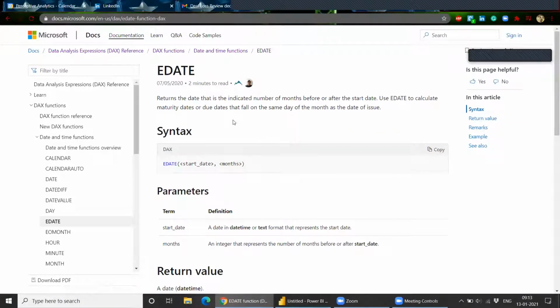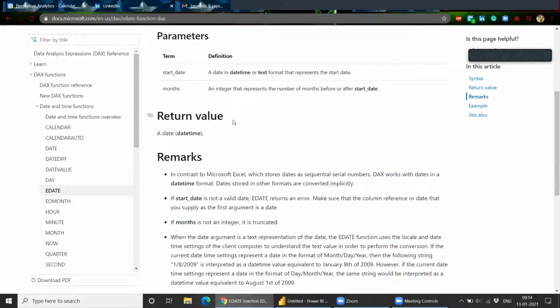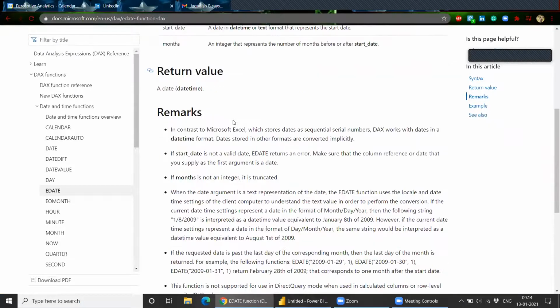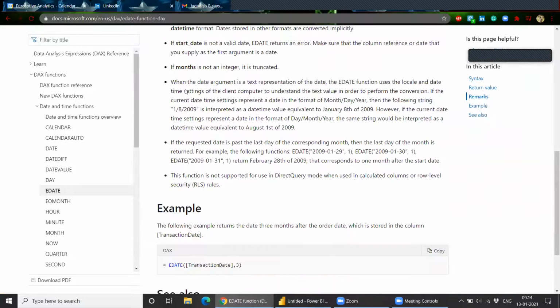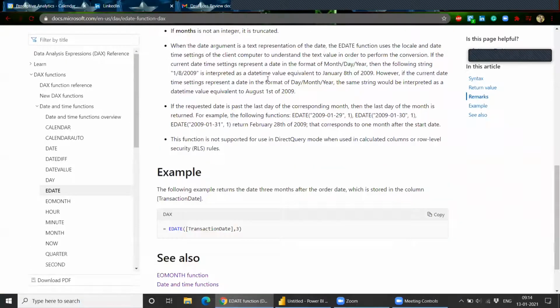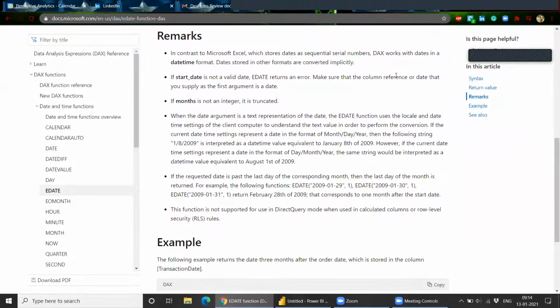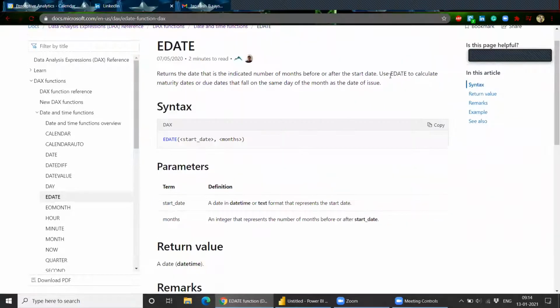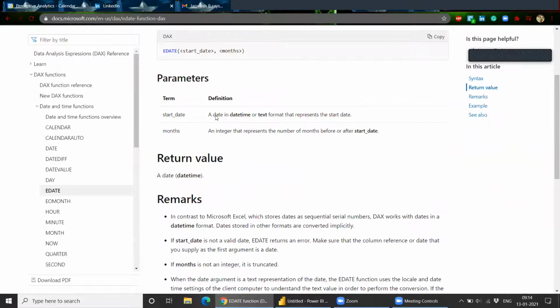Then we have eDate. eDate indicates the number of months before and after the start date. It calculates the maturity date or due date that falls on the same day of the month as the issue date.